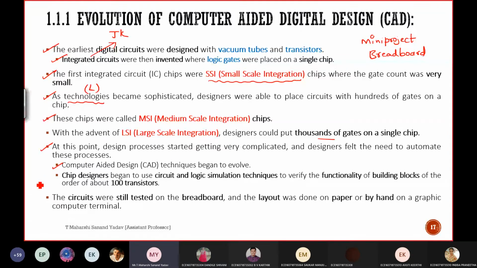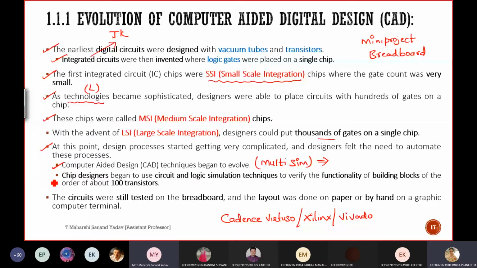That's the reason why we go to specific tools, which are computer aided design tools. Simply, in order for you to understand, consider it as Multisim. Before placing everything on the breadboard, you can connect those components using this Multisim software and check whether the circuit is working fine or not. In our subject, we'll make use of a CAD tool called Xilinx, and there are other tools such as Cadence Virtuoso. Next one is Xilinx, and the extended version of Xilinx is Vivado. These are some of the tools which we're going to use. Next.